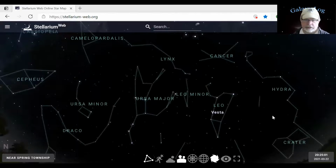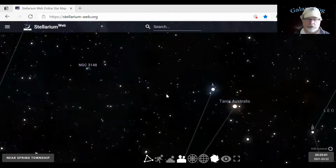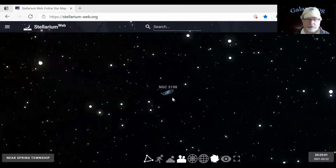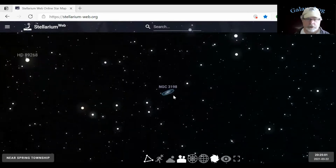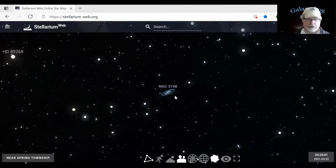Our final galaxy that I'll describe here for this galaxy log, we actually go just west of the trio we just did, and it's NGC 3198, which is right here. So it's just west of the trio of galaxies we just did, 3202, 3205 and 3207. And this is a grand, large spiral. And actually, I did a galaxy log last February, using the